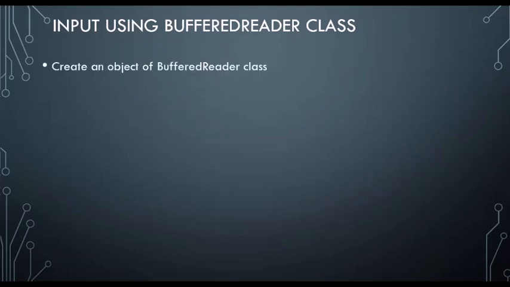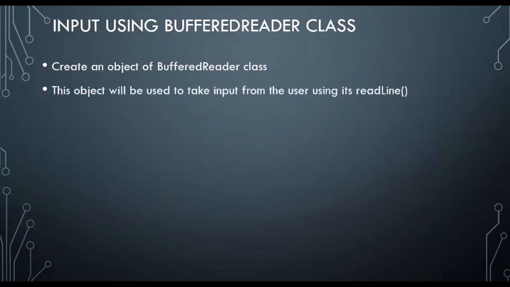Okay, next is input using the BufferedReader class. So what do we mean by input? Input actually means taking input from the user. So that means the program is going to work on data, and the data is going to come from the user, not from within the program. For example, in a program, if I write int x is equal to 2, where is the 2 coming into that variable x? It is coming from within the program, isn't it? But what if I need to take it from the user? That means the program is not going to have the data, it is going to take it from the user.